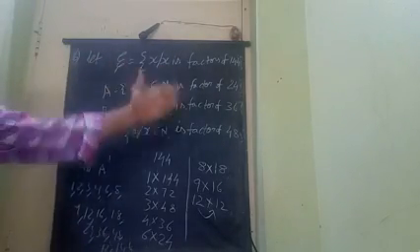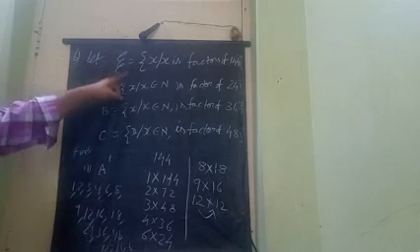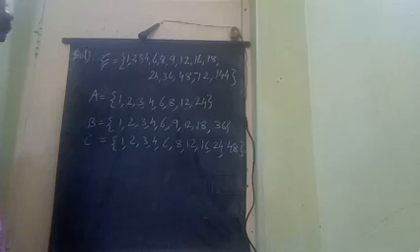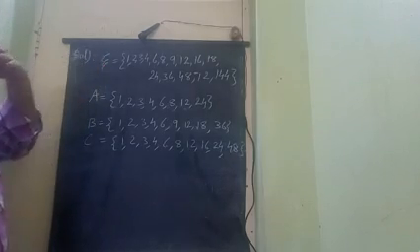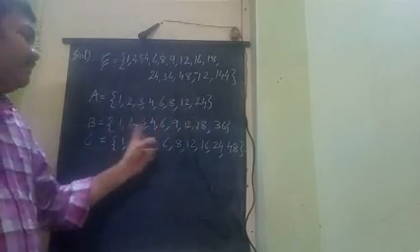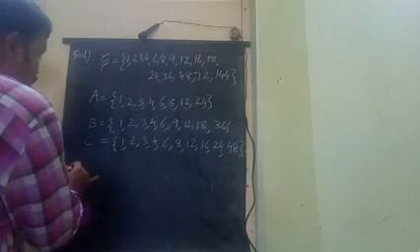Here I will write the factors of 144 clearly, so you can follow them. See here once. That is the universal set. Like that we have to write A, B, C. Okay, here is the universal set: factors of 144. A is factors of 24. B is factors of 36. C is factors of 48. Now we have to find that.